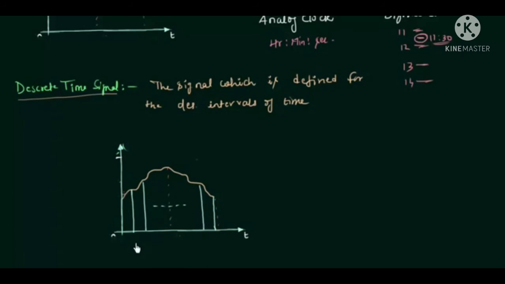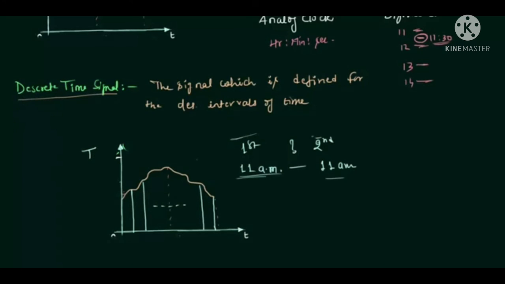These are for different days and all are at 11 a.m. So what is the temperature between the 11 a.m. of the first day and the 11 a.m. of the second day? We don't know. This value of the temperature is not available to us,